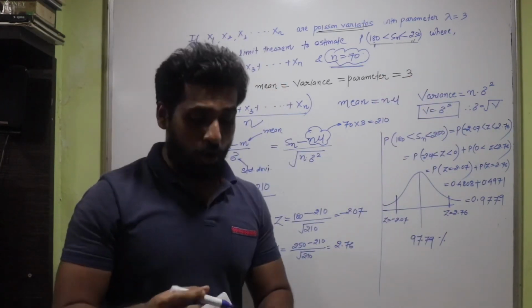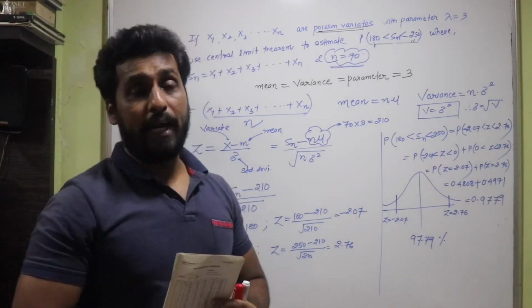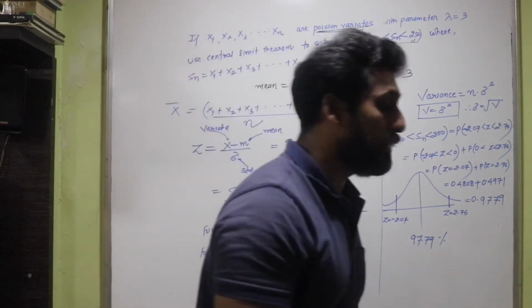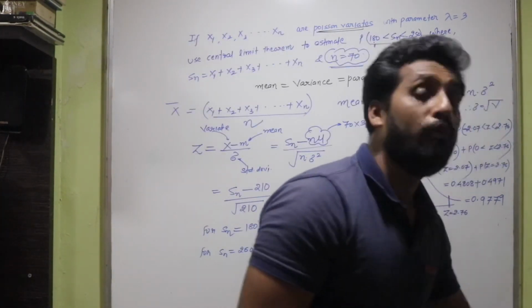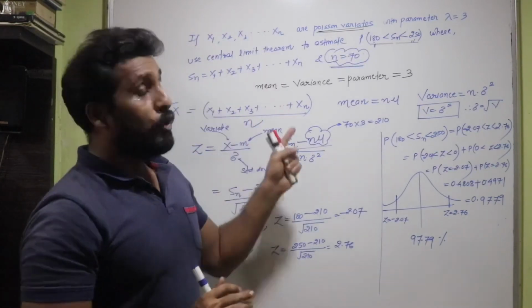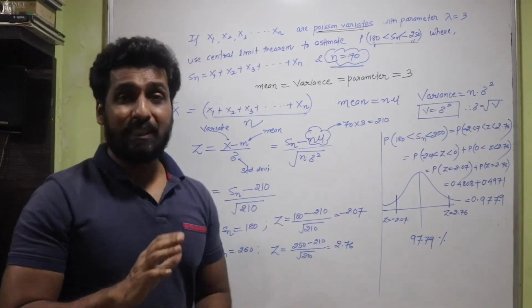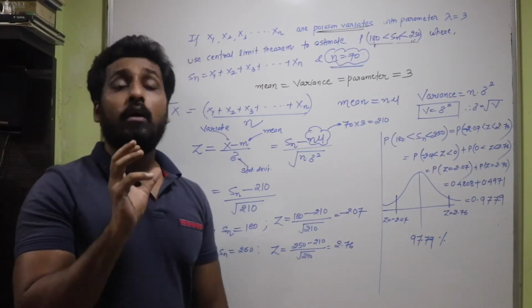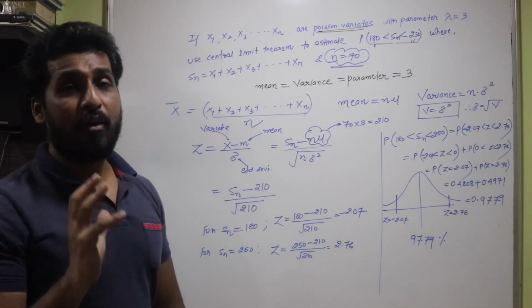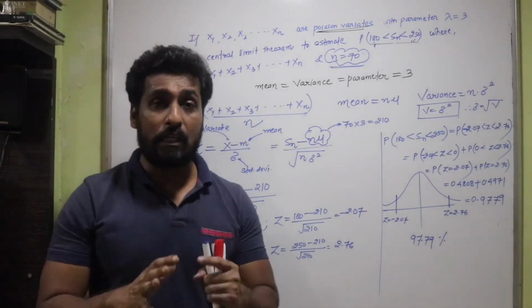So students, this was a different question from the previous two problems, isn't it? Here the question involved Poisson variates. So make sure that you have understood this question also. There were slight changes in this problem. So these are a few of the questions that we have taken to understand the central limit theorem.